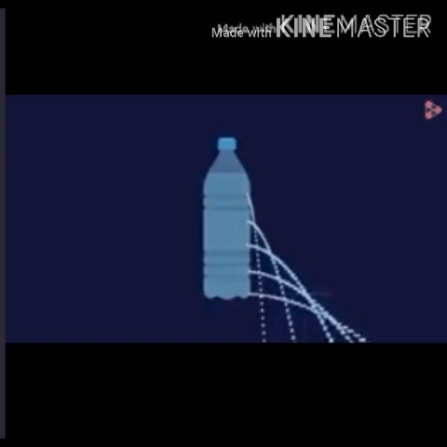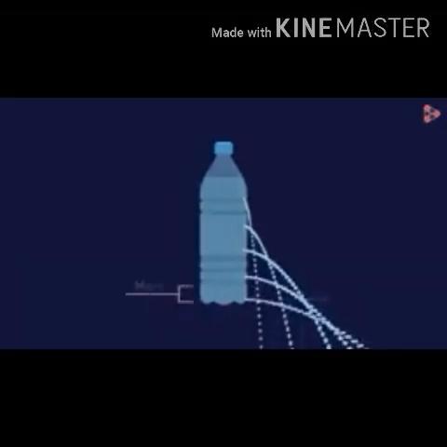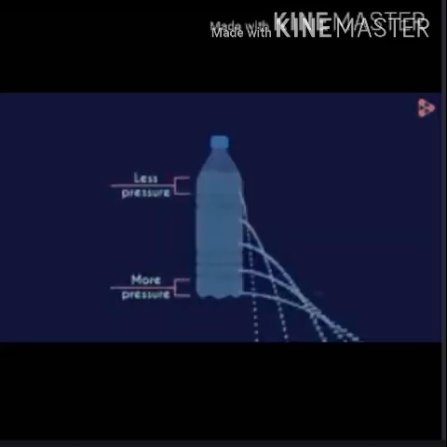What is understood from this? By this experiment, we can conclude that at any given level the liquid pressure is the same. At the lower level there is more pressure, so water ejected from there goes furthest from the bottle. Hence, the pressure increases as the depth of the liquid increases.